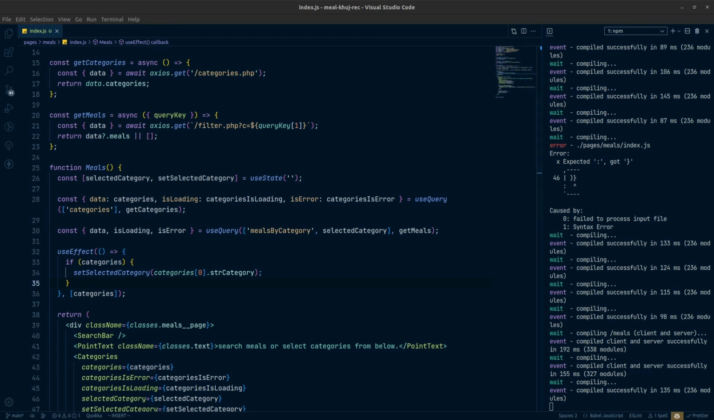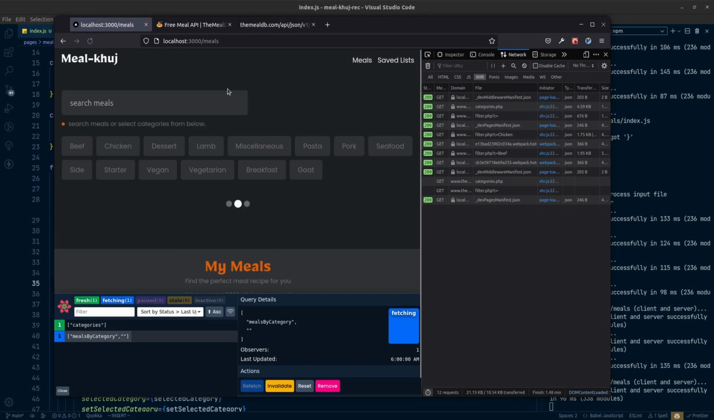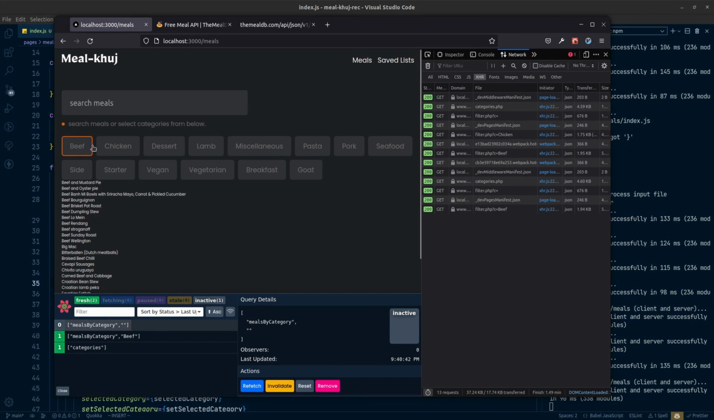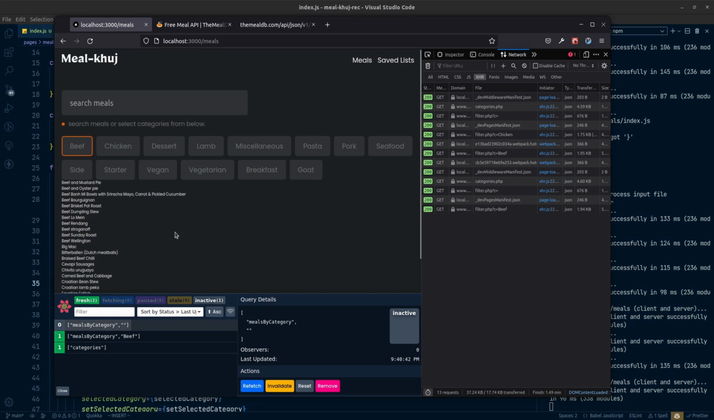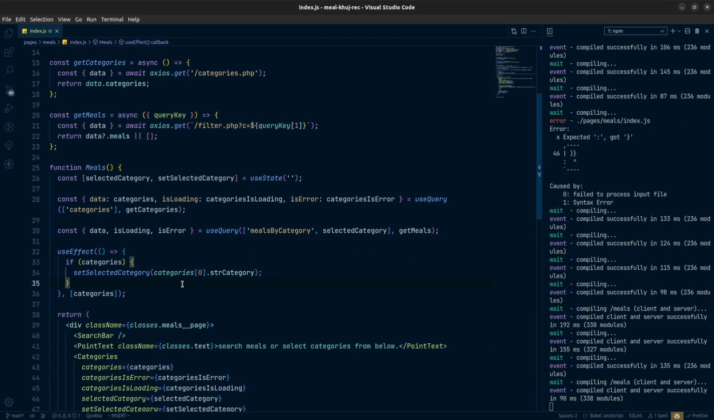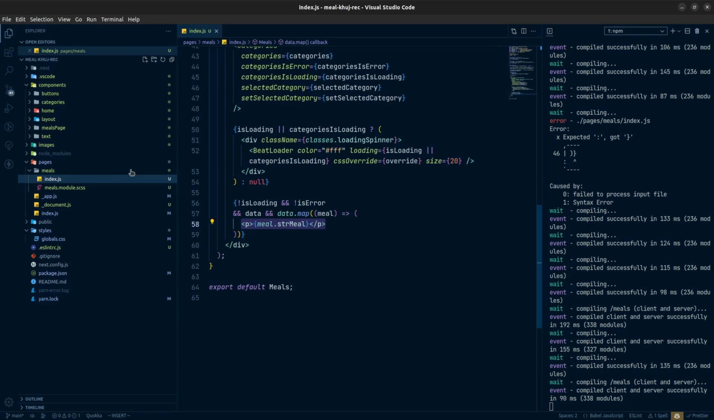So now if I come here in my web page, and if I refresh, we will have automatically selected the first one as a default selected category, and we will see all the meals. So great. Once we have all of them, instead of having the paragraph like that, what I will do is I will create a